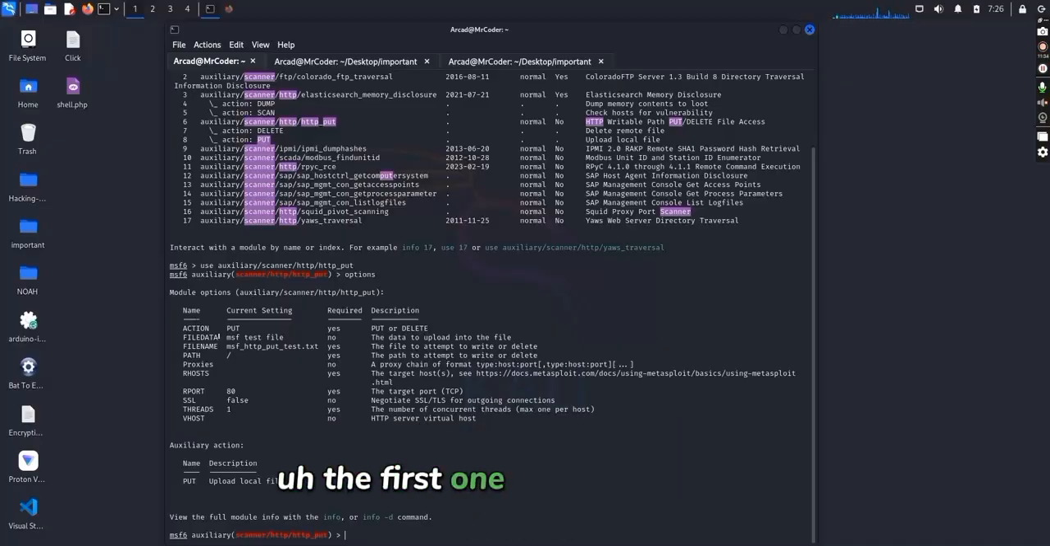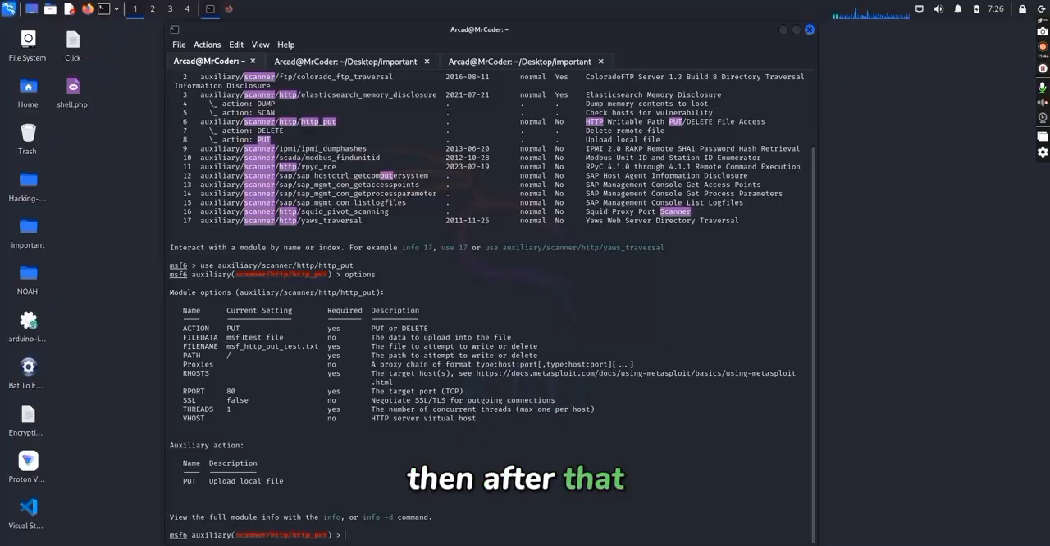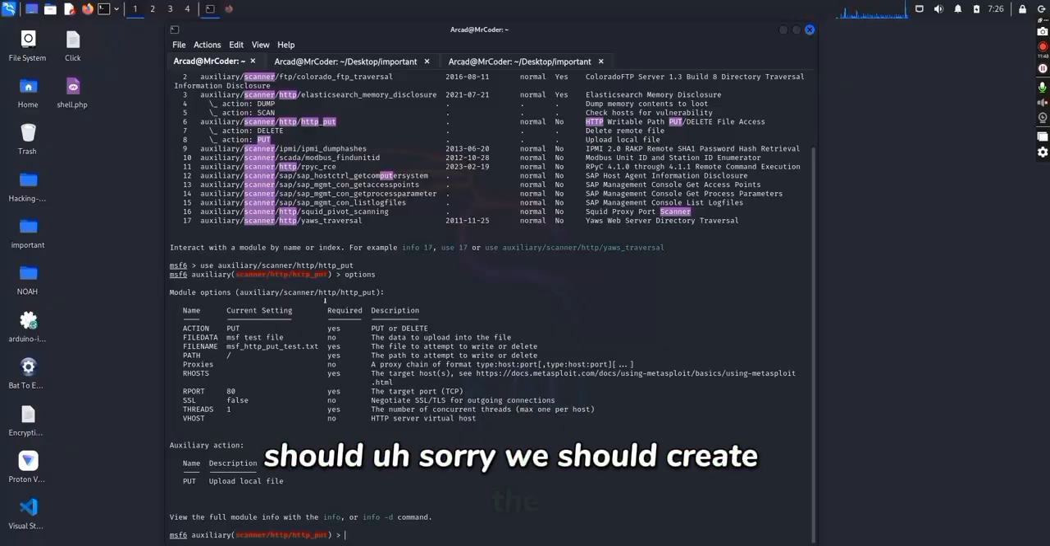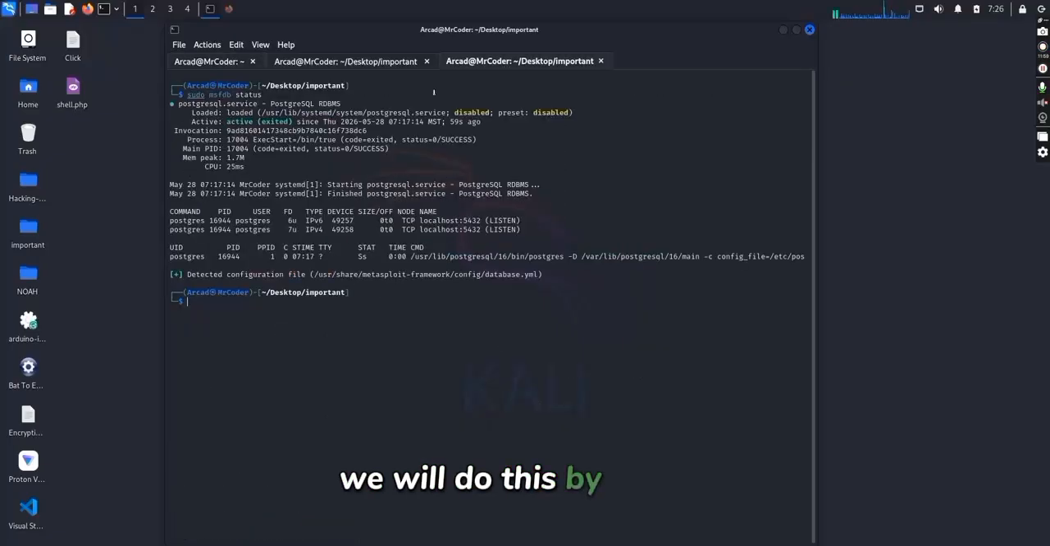The first one, the action, is PUT. There are PUT or DELETE. Our current setting is PUT. Then after that, we should create the PHP file that will create a backdoor shell in our target. We will do this by using